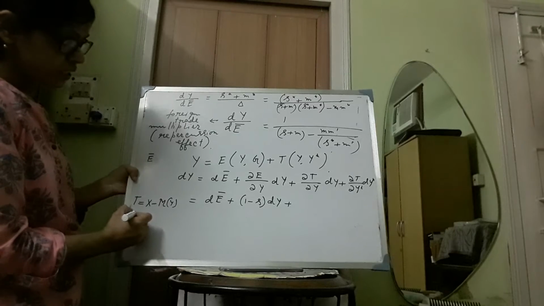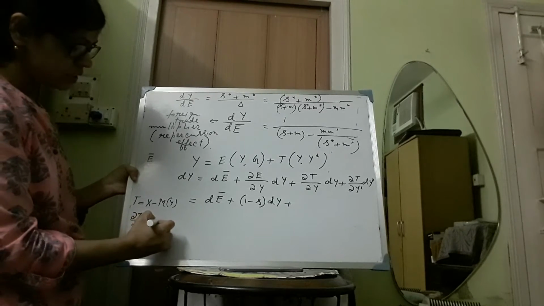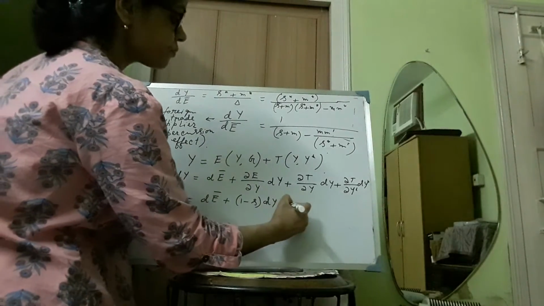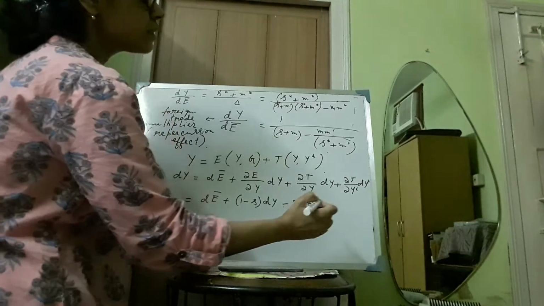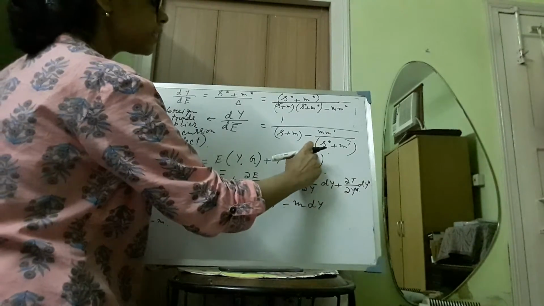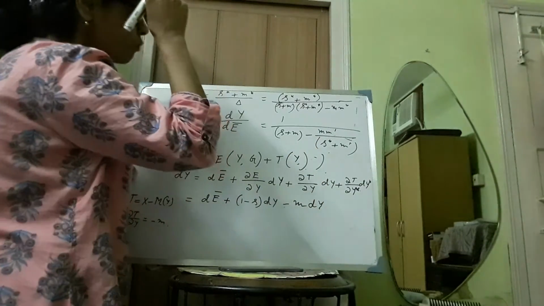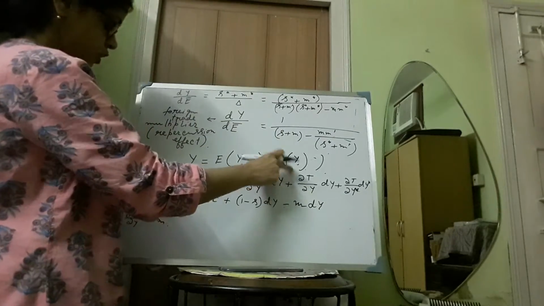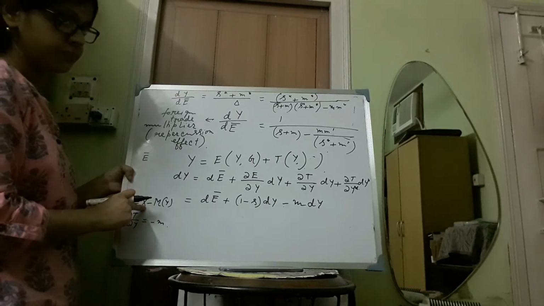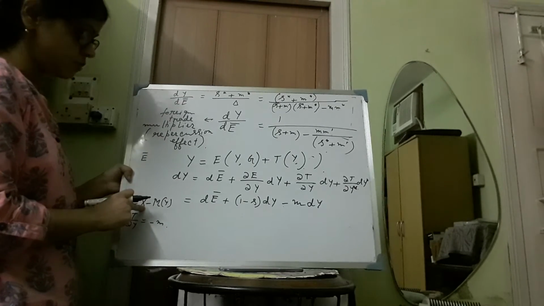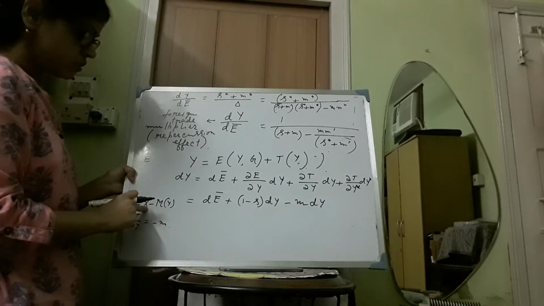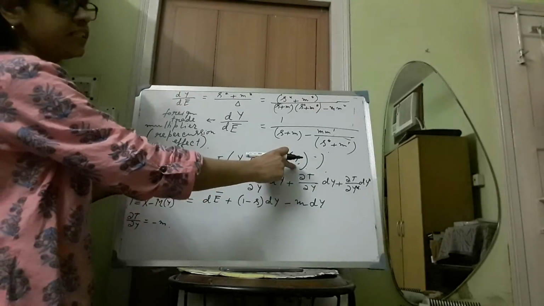So then what is delta T by delta y? This is simply minus m. So in place of delta T by delta y, we can write minus m, so we have minus m dy, and there is no y star here, so this can be written as ty only. There is no y star here when there is no repercussion, because in that case export is exogenous, and we are not writing here that export is equal to m star y star, because there is no repercussion effect. We are assuming that the foreign repercussion effect between the trading partners is absent. So that is why we are not considering y star here.